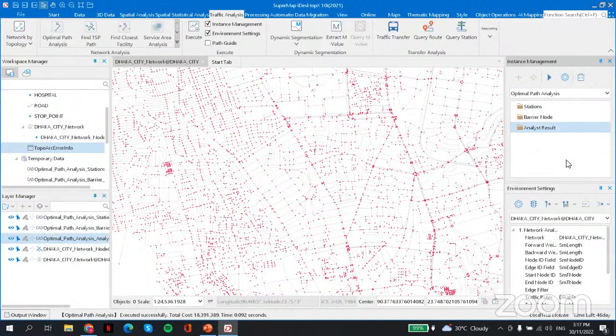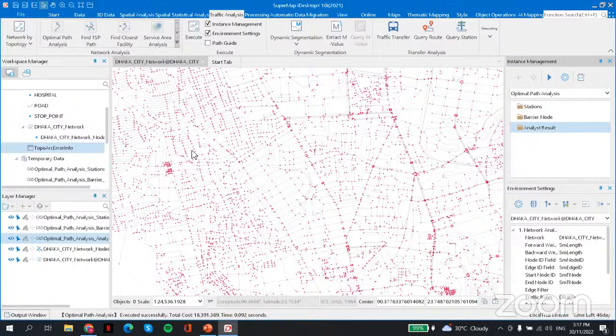Remove all of this. Okay, so as I told you previously, the main difference between TSP, which is the traveling salesman problem, also known as TSP path analysis, is that TSP path analysis does not follow any order, while the optimal path analysis will follow order from station 1 until station 7.